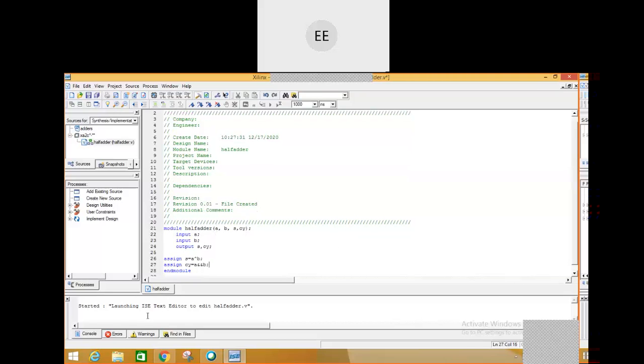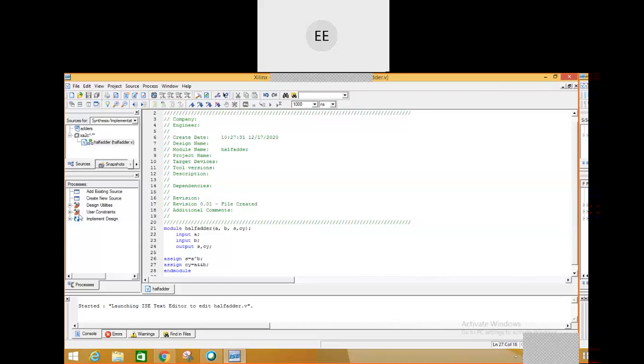Okay, so this is what I have written now. This is the functionality I want to implement. So I have done this. Once this has been done, what is the next thing? I have implemented the functionality, so I'll save my program. I'll go to save. Once it has been saved, now I need to check the syntax. I need to check whether I have written the syntax properly or not.